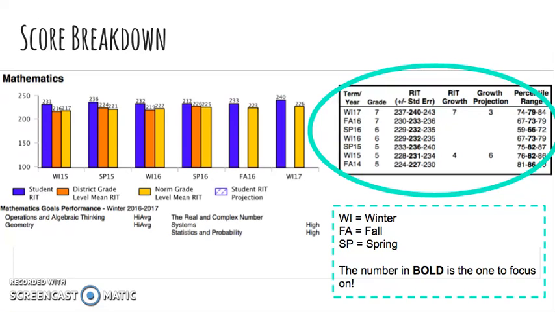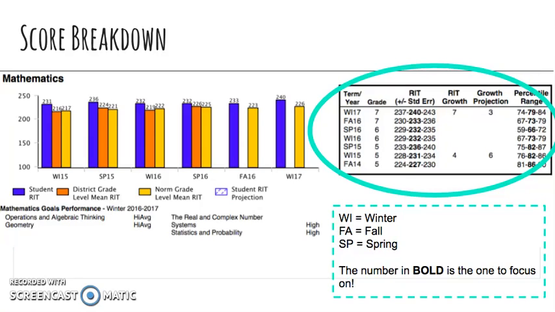The next one where it says RIT, which your teachers like to say RIT, those are your scores considering standard deviation. So I know some of you are like, what's standard deviation? We can go over that next time. I do know some Kipsters know based off your comm playlist. But right now I want you to focus on the bolded number in the middle. So this Kipster, if you look at winter 2017, has a 240 bolded in the middle.